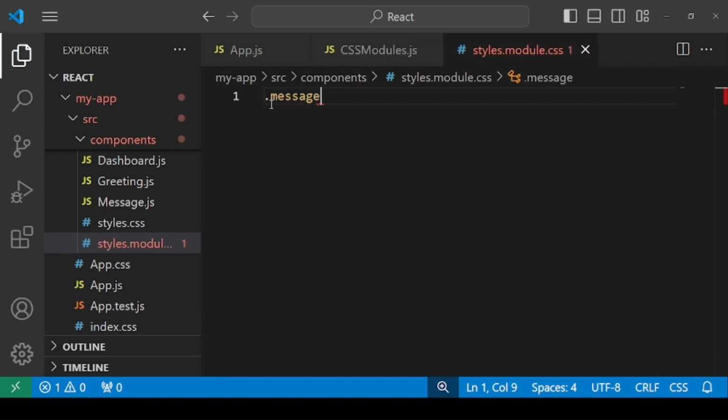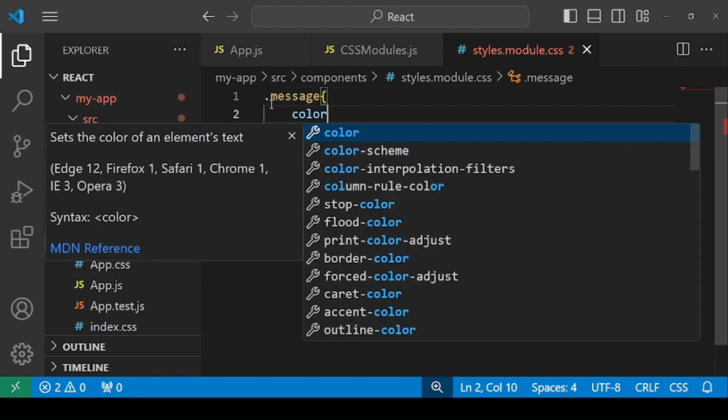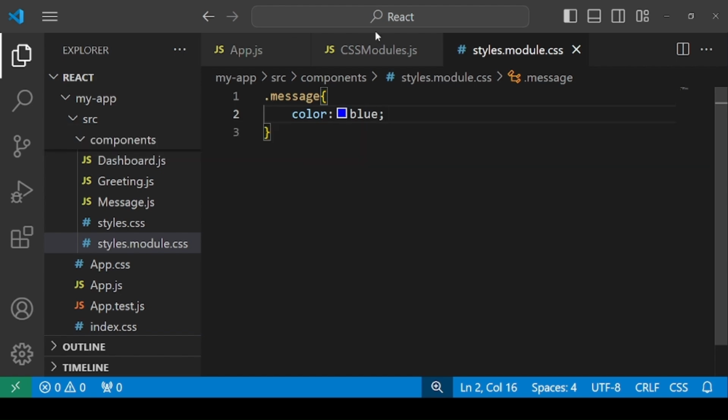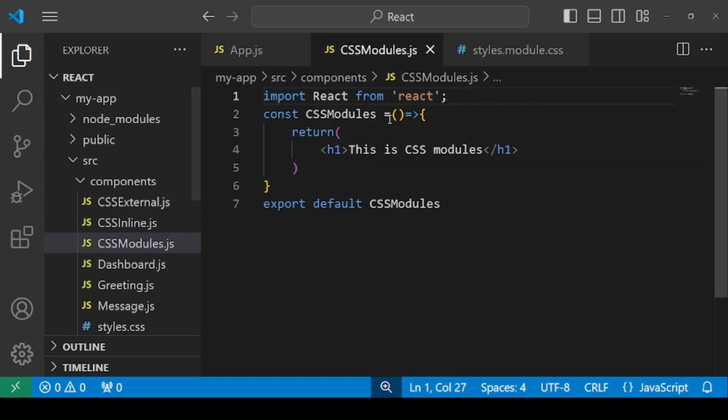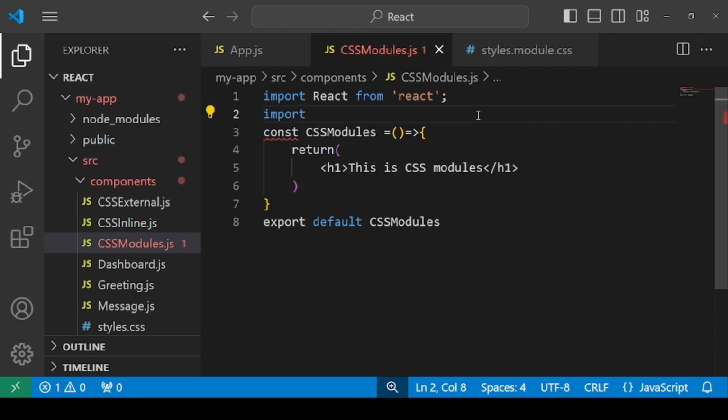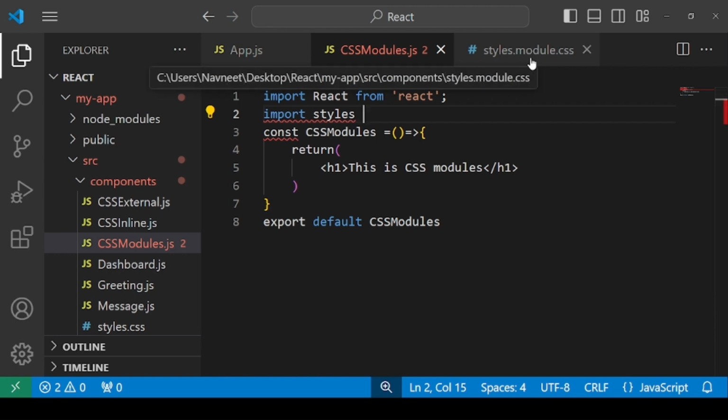I'm going to create a class with the name message. I'm going to apply a color, let's say blue. Now inside your component, you will be required to import. You must remember that whenever you import your module.css file, you must always specify an object. This object will contain all the properties which are there in your styles.module.css.